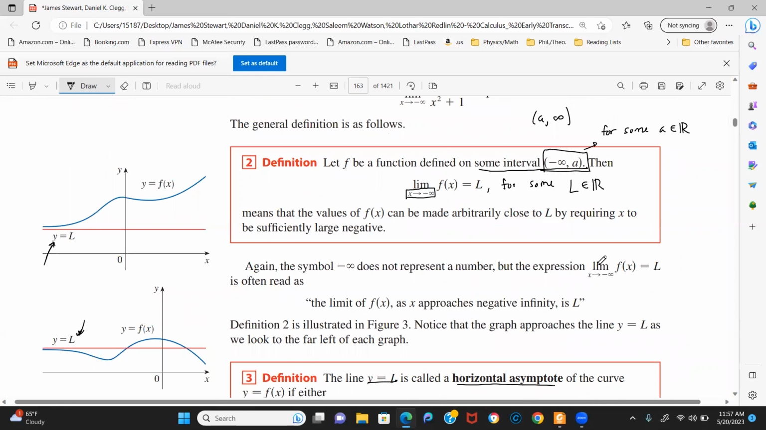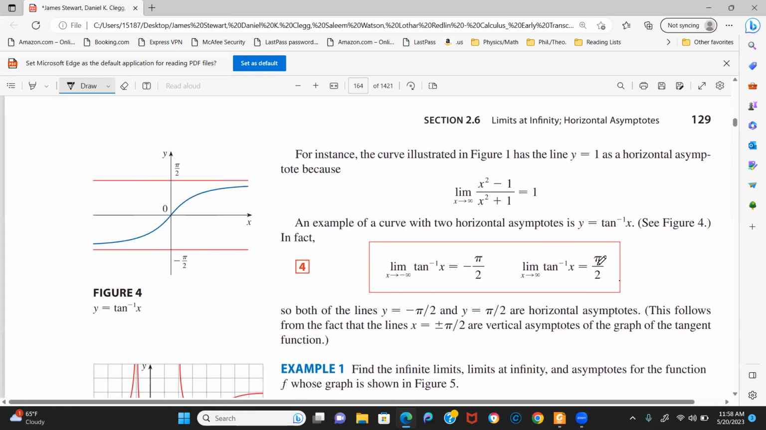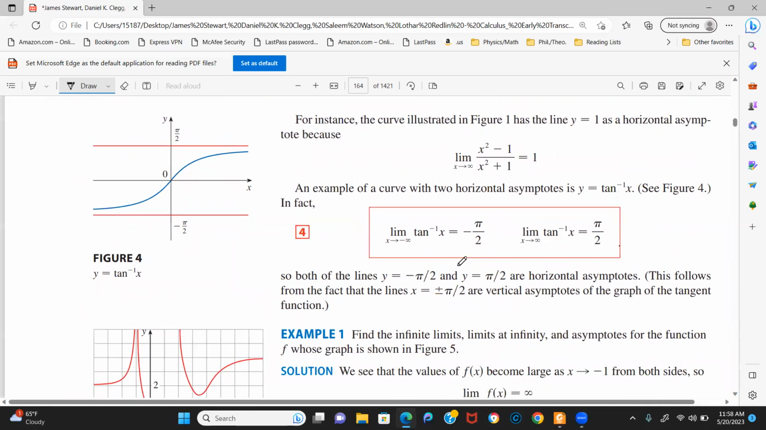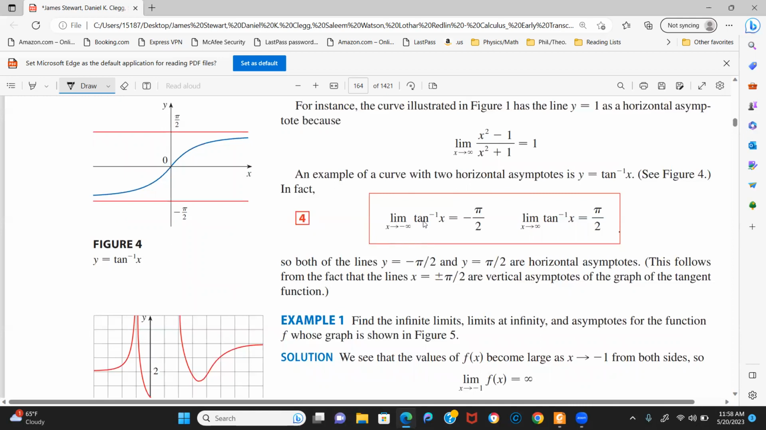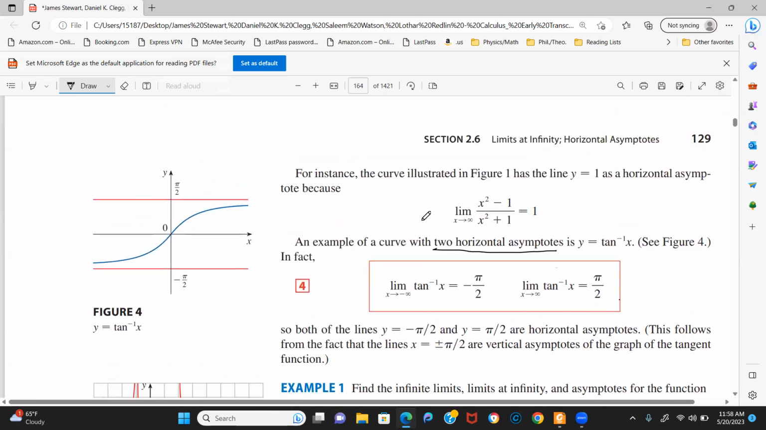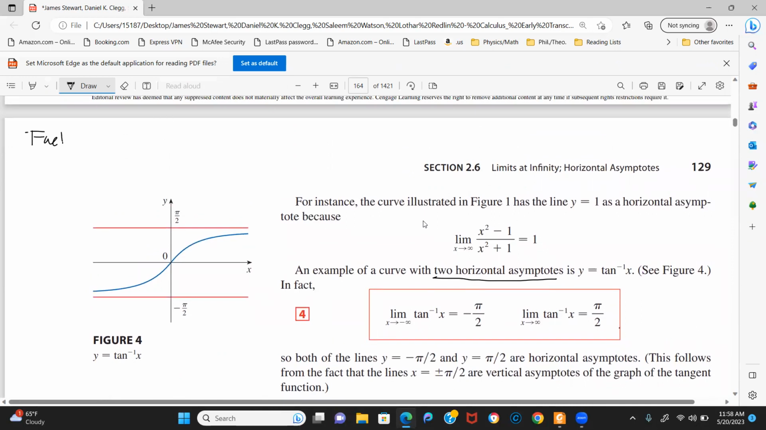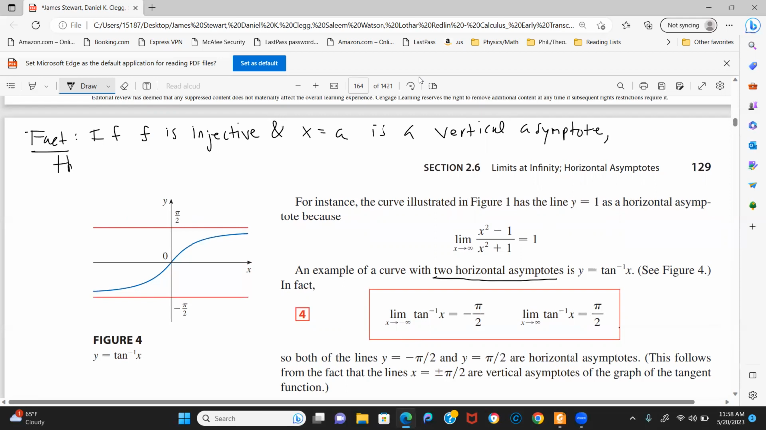All right, so now let's look at some tricks and techniques. Actually, here's another. Oh yeah, tan inverse has two horizontal asymptotes. So basically, if you have a graph with a vertical asymptote, here's a more general fact. If f is injective, and let's say x equals a is a vertical asymptote, then y equals a is a horizontal asymptote